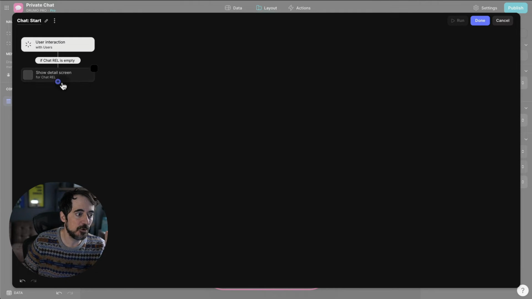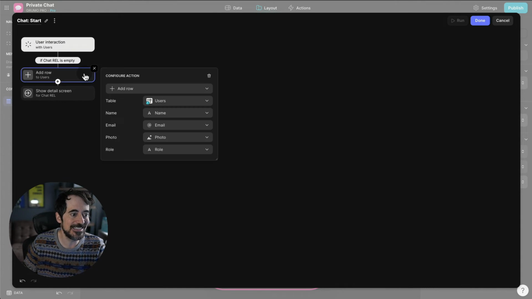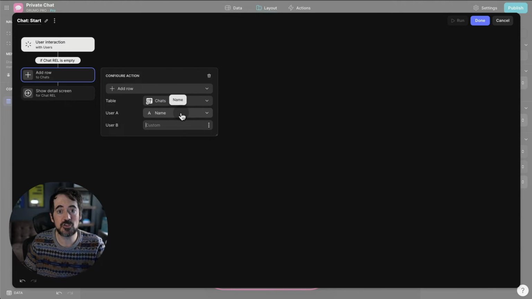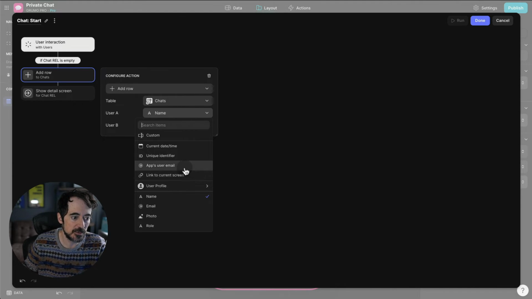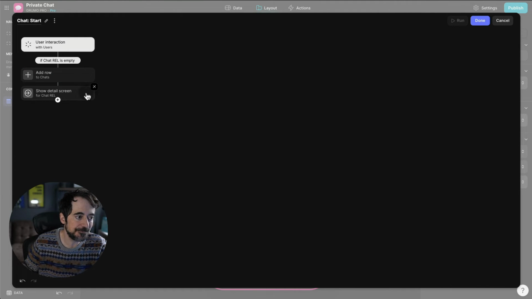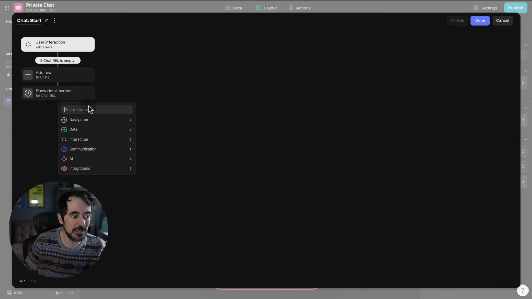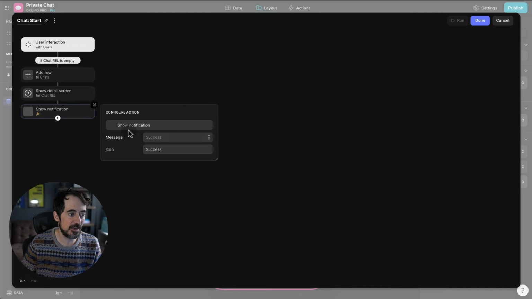And to do that, I am going to create a data add row. So I'm going to add a row inside the chats table, right? Where I need to capture my email address and the person that I clicked on, that person's email address as well. So that would be my email address. And then the user B would be the email address of the person I clicked on, right? So the first step before I navigate to that relation is to create that chat, and then that relation will exist, and then I can navigate to that. And if I want, I can even create a little notification saying chat started,